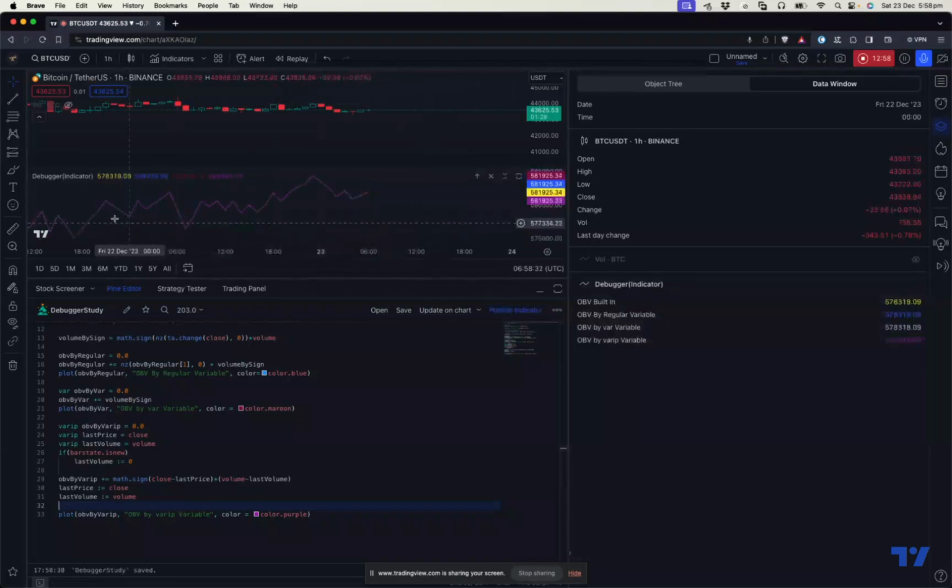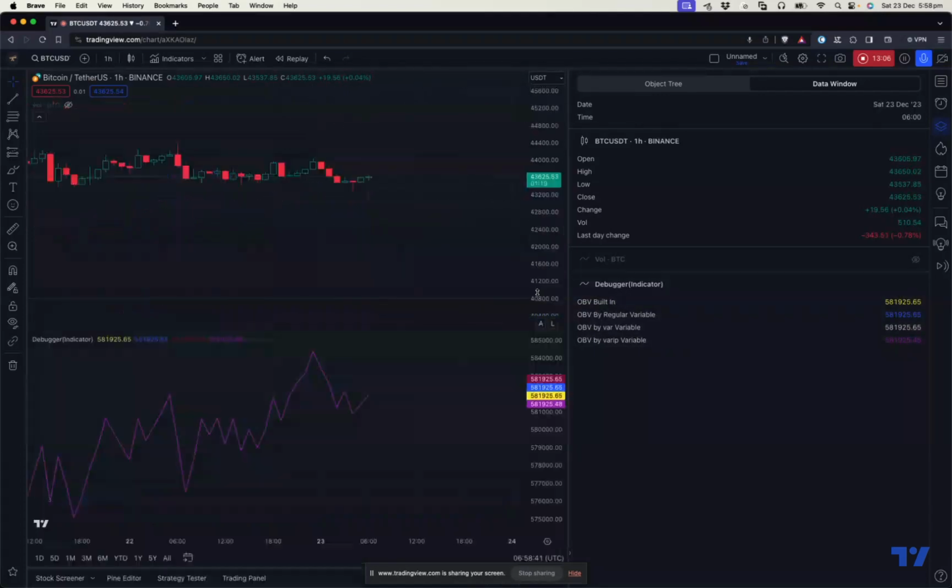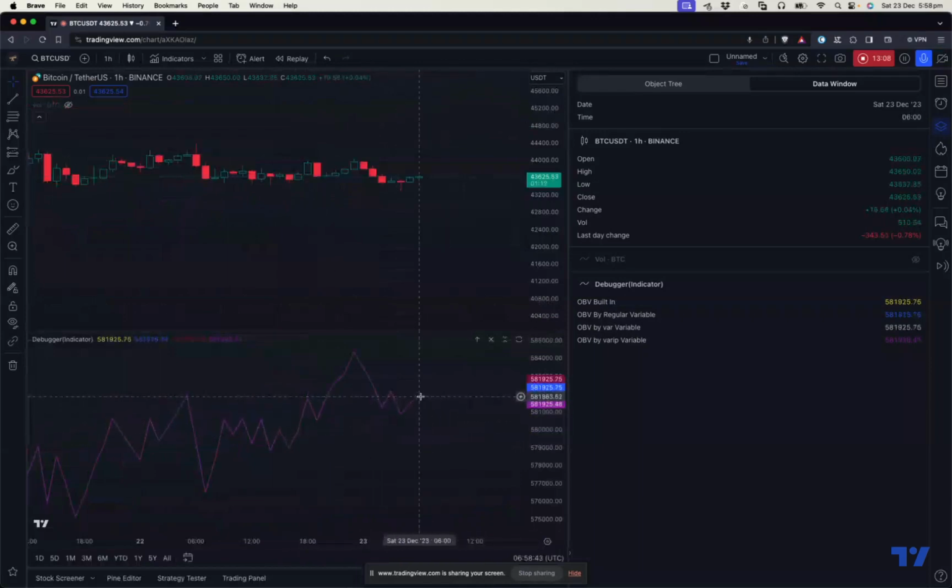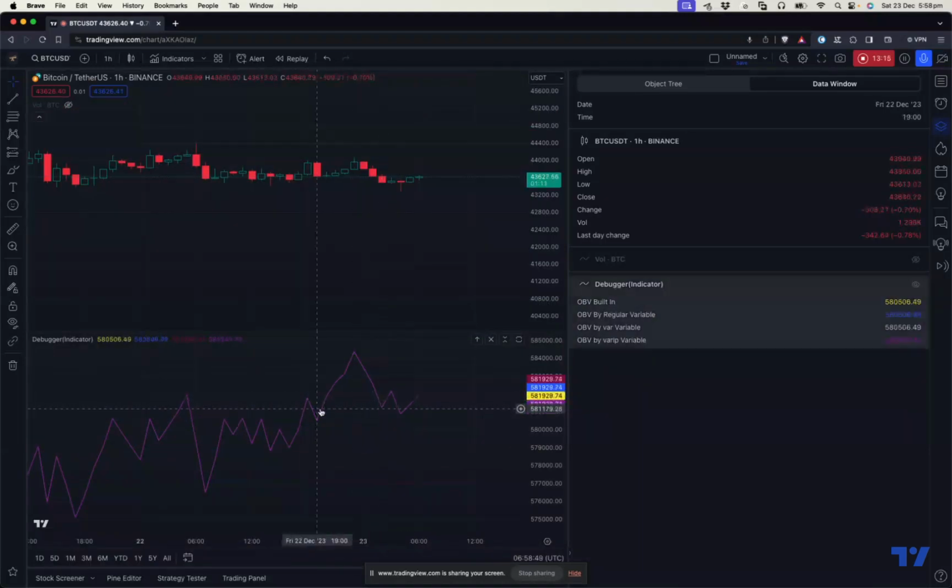If you see this, the same thing happens here too. All the historical bars match perfectly fine. And if you see the last bar, it deviates. All the previous bars, you see that it's the same. It's exactly the same, all four values. The last bar, if you see the varip value here,